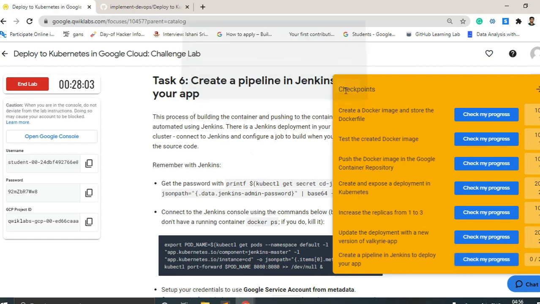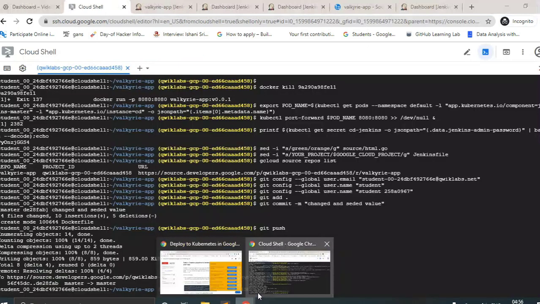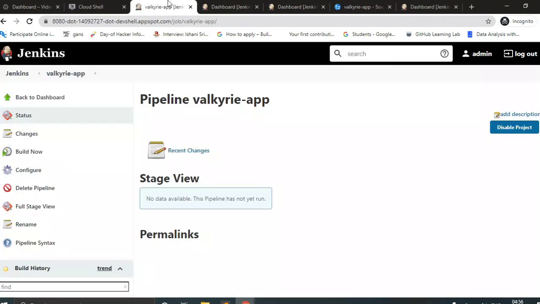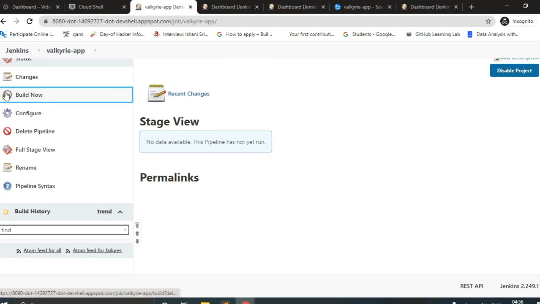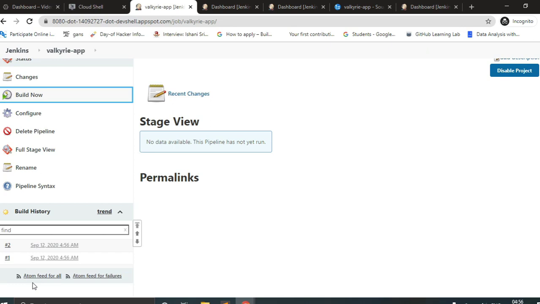Okay, our half of the work is done, but half is left, so it's not showing anything. Click on build now, and you will see at bottom that there would start something. Uh, wait.